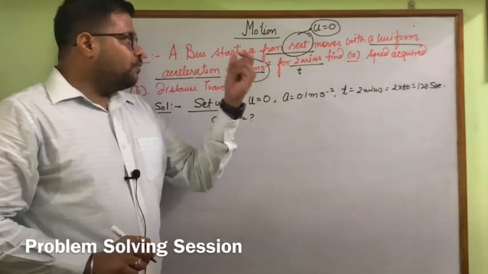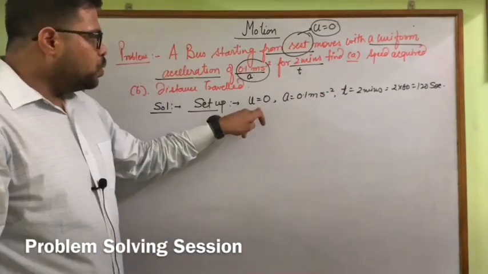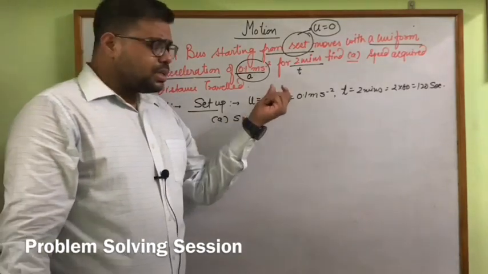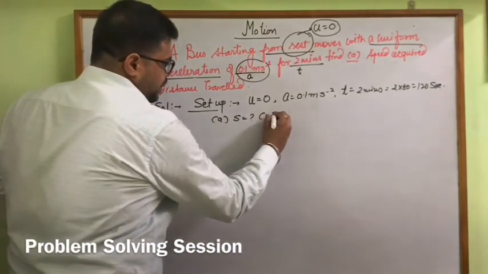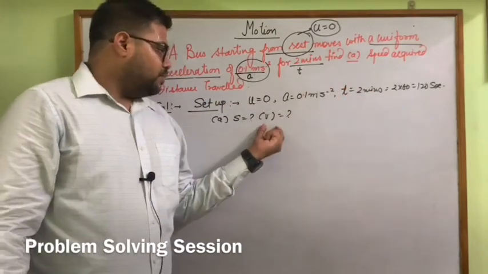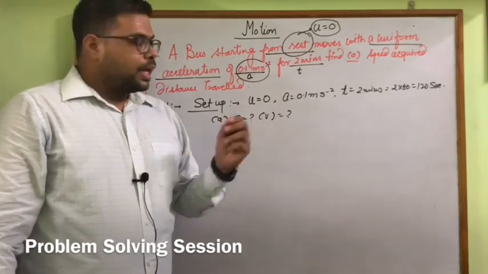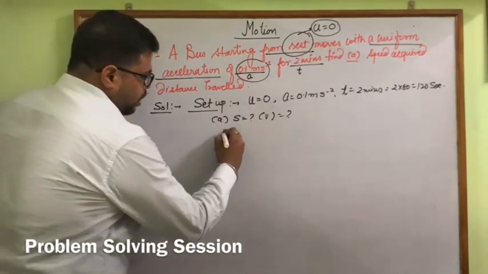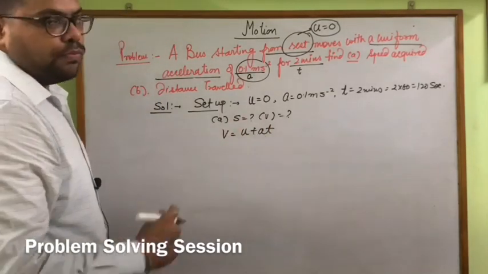Now, because here we have to find speed or velocity, we have 3 variables, u, a, t, and we have to find the speed. Not s, as s is for the distance. Here it is v, or we can also write v question mark. So according to all these given variables and the one we have to find, please search for any relation which can link all this data. Yes, definitely we have. This is called v equals u plus at.